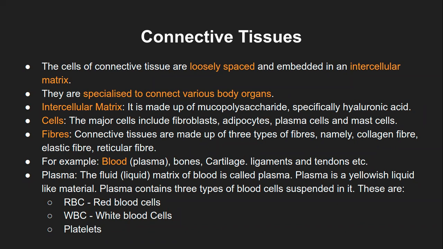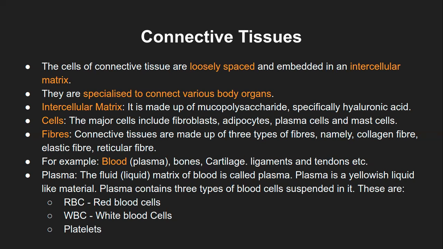One more function of hyaluronic acid, and this is a very important and interesting one, is this: when sexual intercourse happens between a male and female, the sperms are released into the vaginal tract. Those sperms are transferred toward the uterus or the fallopian tube, a reproductive structure where the ova is also released by the ovary. Now on the tip of the sperm there is an enzyme called hyaluronidase. That means this enzyme will break down the hyaluronic acid.